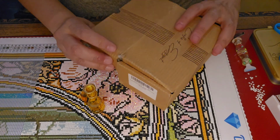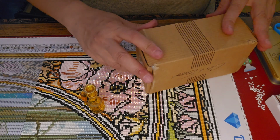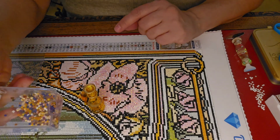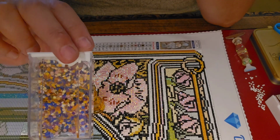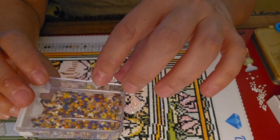I do open them up, and I like opening them up and maybe pouring them out and looking at the color palette. It's given me ideas for other parts of my artwork. So this is the palette from Woman in Gold. And there was this beautiful lapis blue that I didn't get a chance to use. I absolutely put the AB drills in